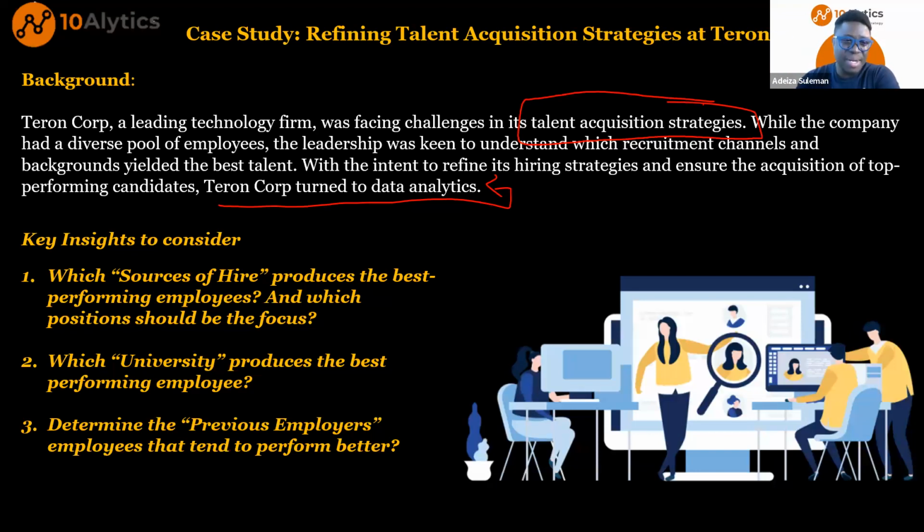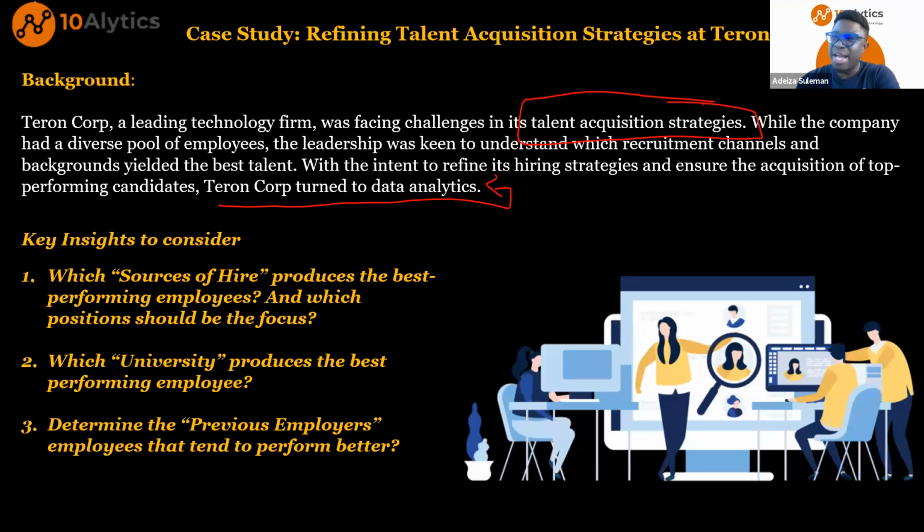determine the previous employers whose employees tend to perform better. Okay, so different employees within your organization joined from a previous employer. So you want to find out, is performance related to specific employers that your employees have worked with before?